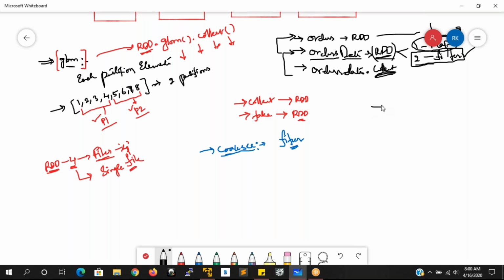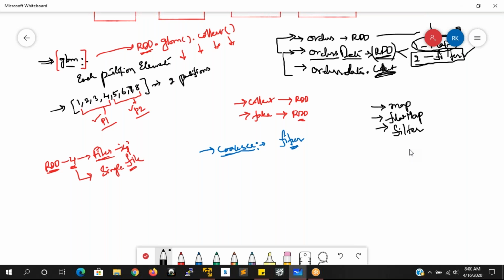After we apply the transformation, some filter, if the data is not able to fit into the partition, if we use this transformation, it might fit into the partitions which are available.